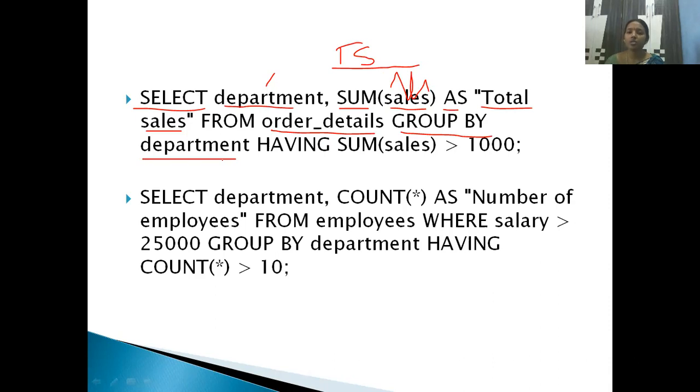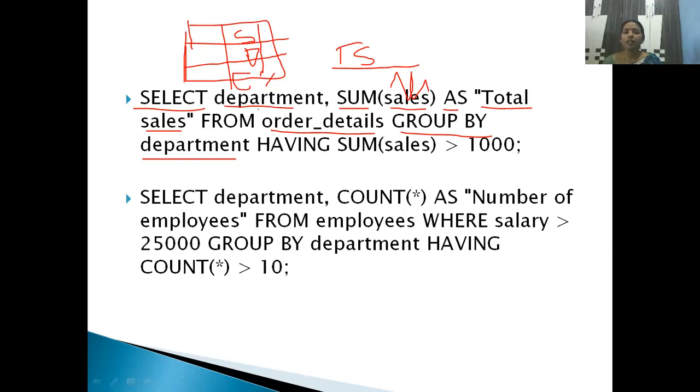So in this, what will happen? Consider this is an order details table. In this we have different types of columns. Like we have three types of departments, right? Soaps is one department, detergents one department, and say cool drinks is one more department.